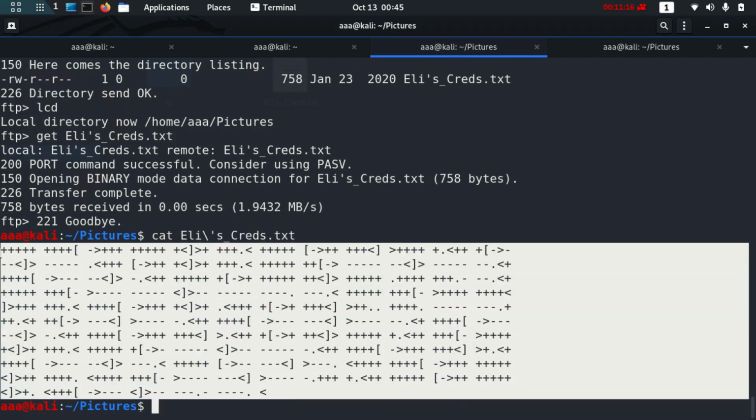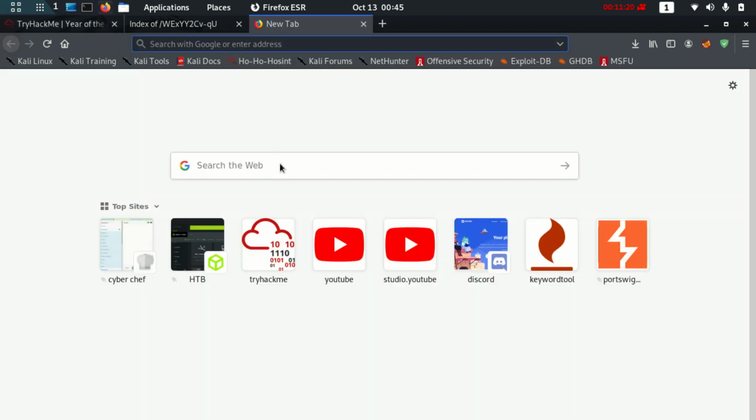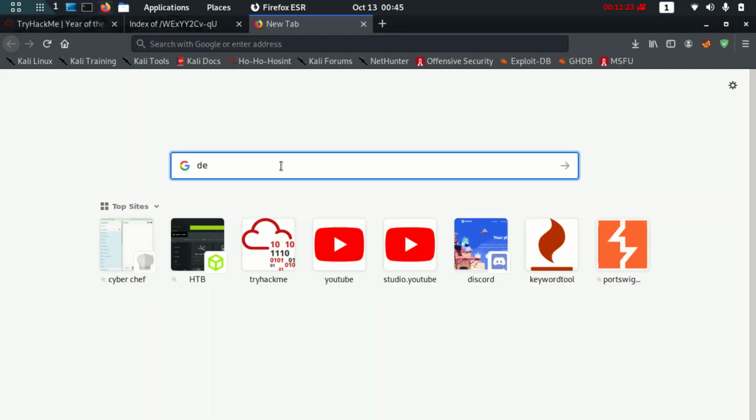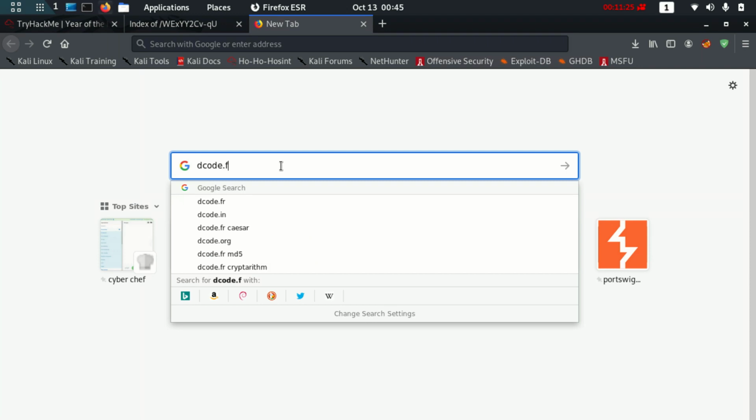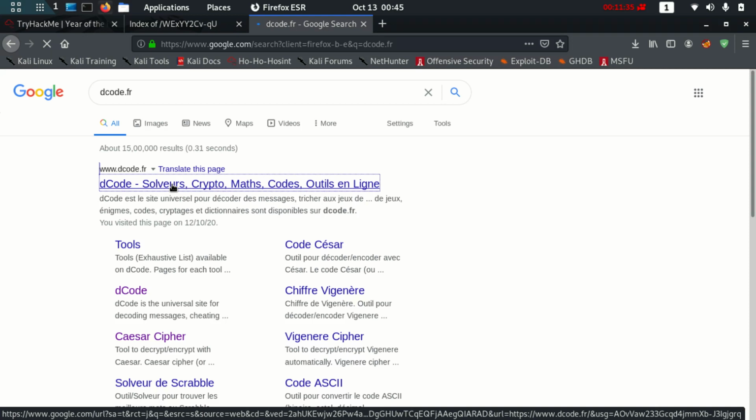Since this language is unknown, I am going to go to the website known as, I think, decode.fr. What this website will do is, whenever I provide it with some kind of cipher, it will automatically detect it and try to give an answer.